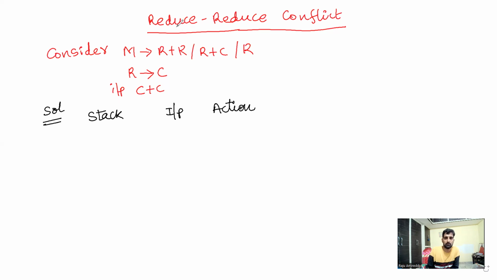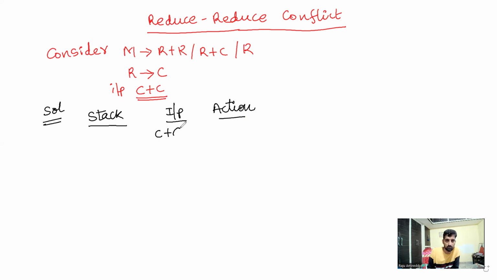Now let us discuss the reduce conflict. There is an example: M tends to R plus R, R plus C, R tends to C, and the input value is C plus C. Now the stack, input, action. There are three values. So first, stack, input value. Now this is called the input value. Now the input value will be written in the